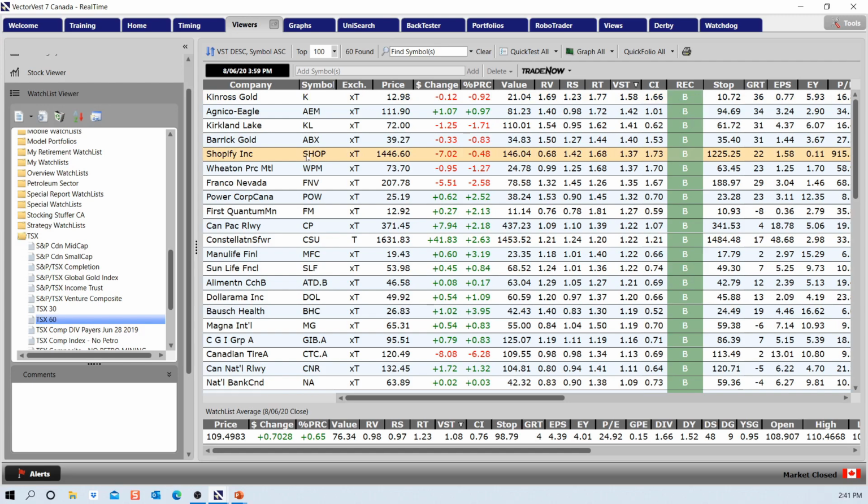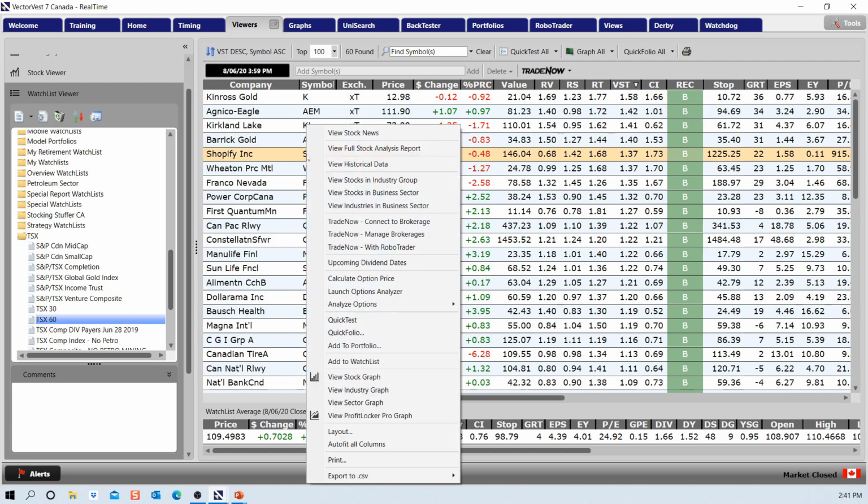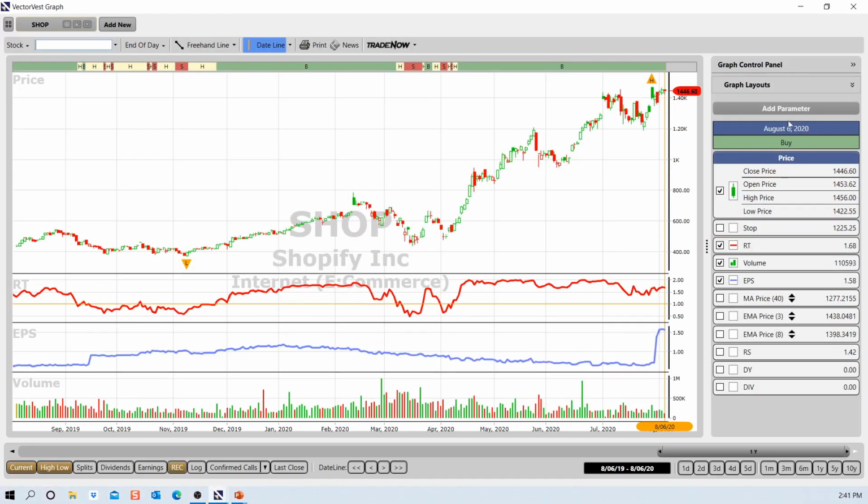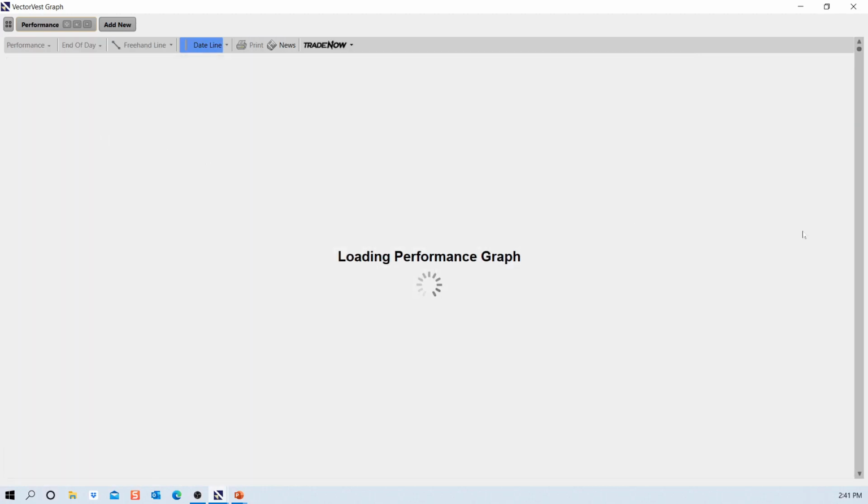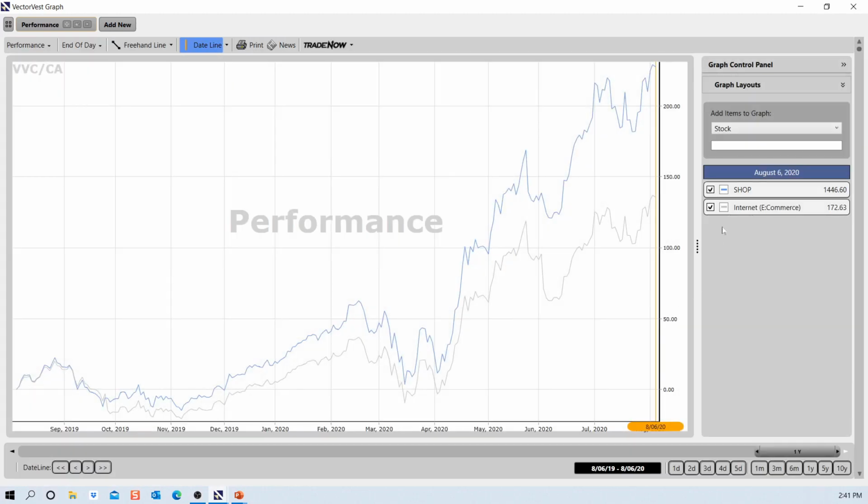So if I highlight Shopify, for example, and right click on it, I'll first open the stock graph, and then from there I'll go to the performance graph, and as before, it shows us Shopify on the graph, and then the industry group, Internet e-commerce. It's a 1-year end of day graph, which is my default setting. Again, I could change the colors and the thickness of the lines, but